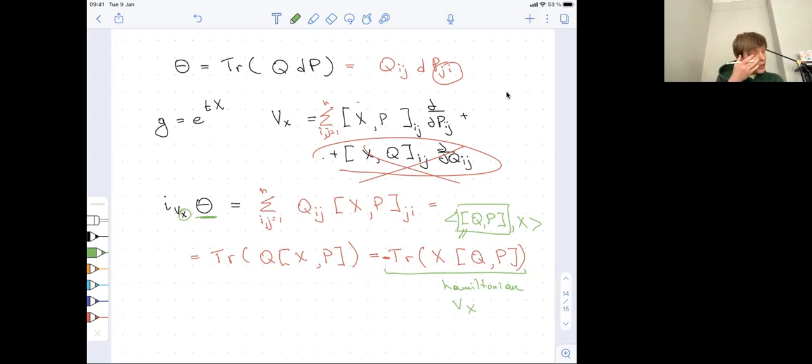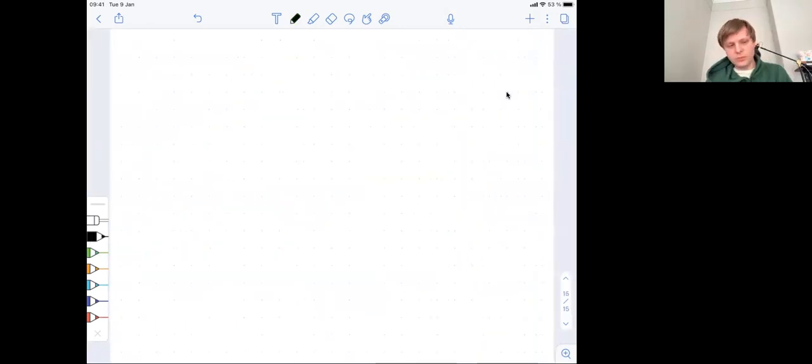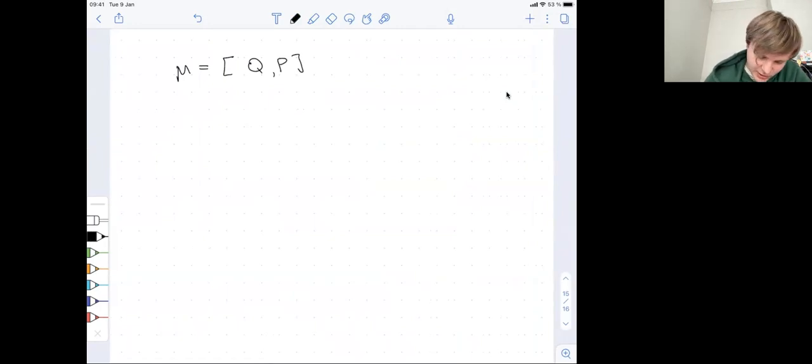It will be a moment map for our action. And one more sanity check. As I told you, this is a moment map, but I also told you that a moment map gives you a first integral for any Hamiltonian which is invariant under this action. And we have precisely this situation. We have an invariant Hamiltonian, we have this moment map. Okay, let's check if the moment map commutes with this Hamiltonian,